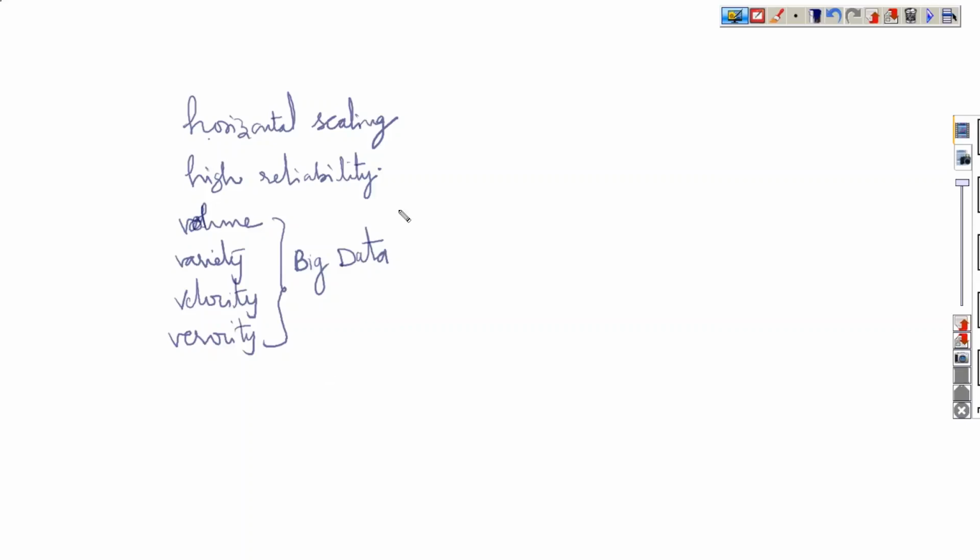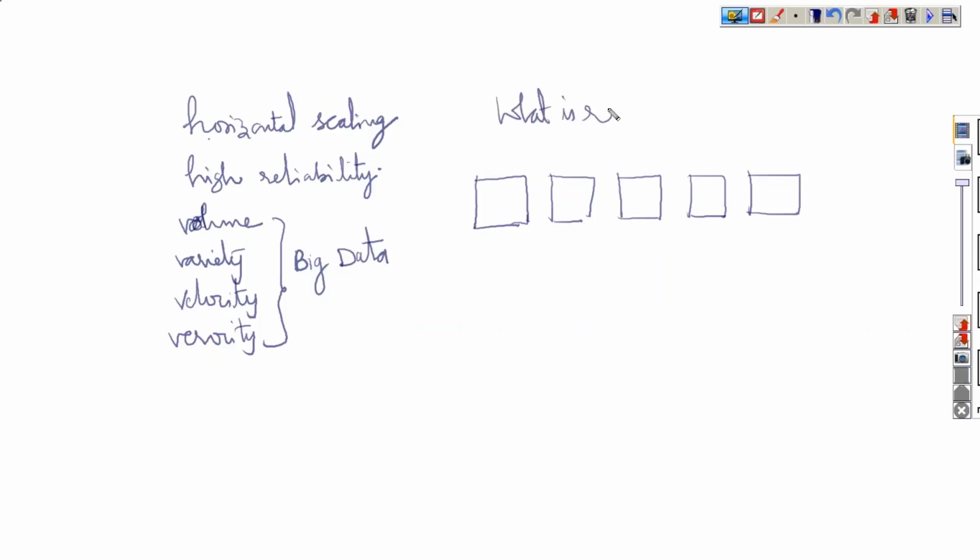Fine. So we are going to have multiple nodes now. Hadoop is a software. Do you agree with this? Any product, whether we call it a framework or an application, is simply a software. Now, let's assume we have taken 5 nodes. What should be there in these nodes to install Hadoop? What is required to install Hadoop?